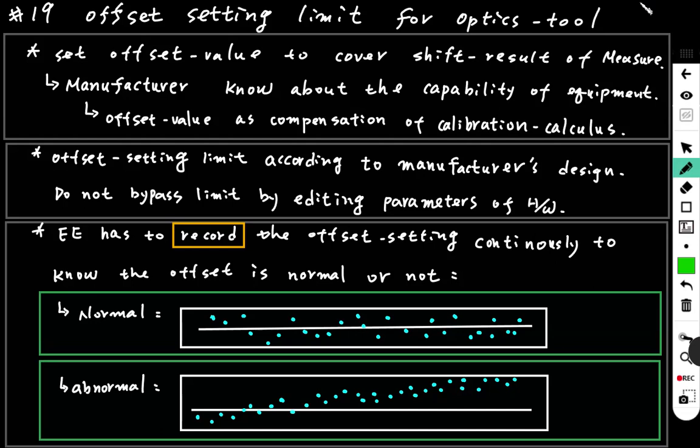Hello there, we're going to talk about the offset setting limit for optics tool. The set offset value to cover the shift result of measure is very often used. It's due to that